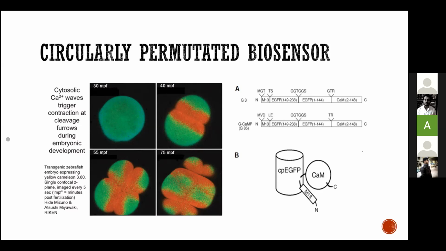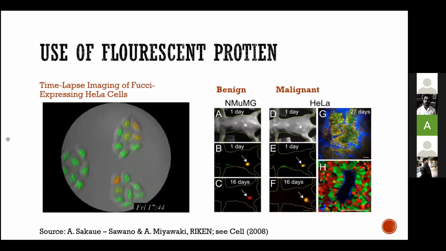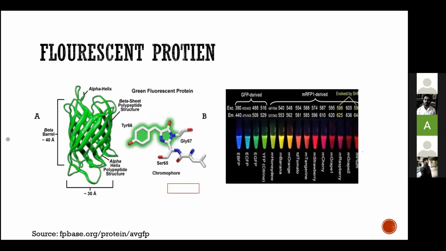Yeah. That's a really nice question. So I'll go back to a slide. I told you about CPGFP, right? In picture A, which shows the beta barrel structure of green fluorescent protein. So what do you understand? Since it's green fluorescent protein, it will glow green, right? And on the right side in B, please respond.